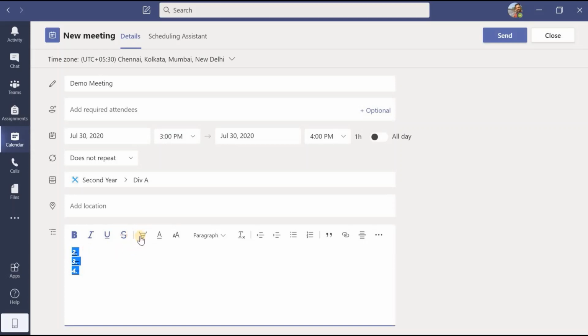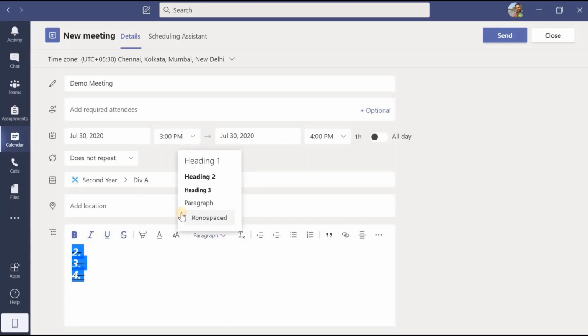If I want to highlight, from this color option I can select any color and highlight a specific part. If I want to give different colors to the text, that is also possible. If I want to make something bold, or largely shown, or medium, small, same, that is also possible with the help of this option.